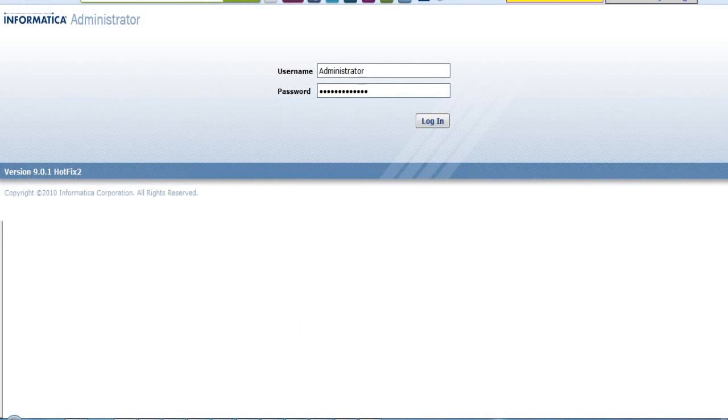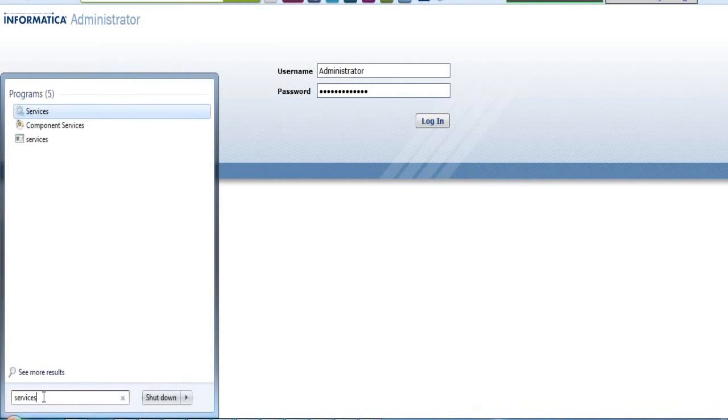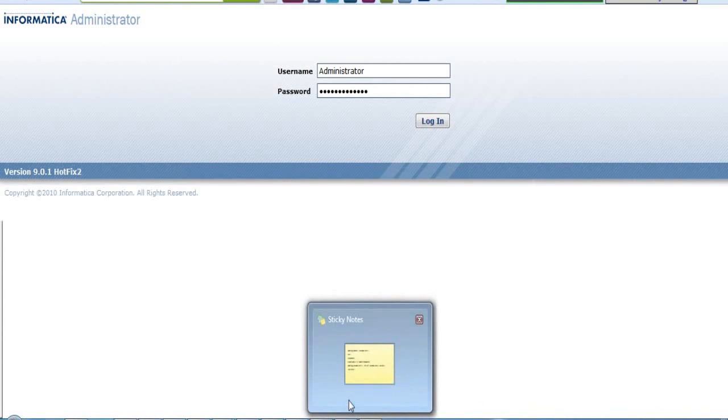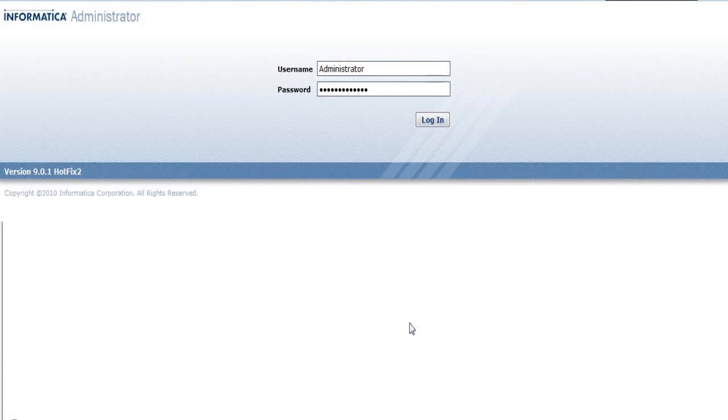This is an important point: whenever you are logging into Informatica, make sure that all the repositories, the Informatica service and the Oracle service are up and running.